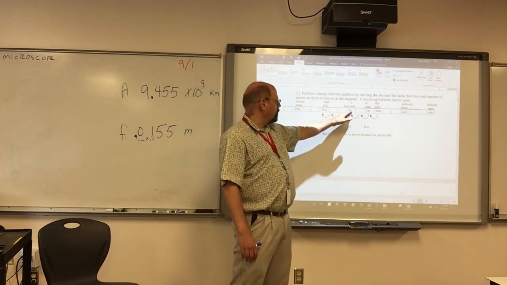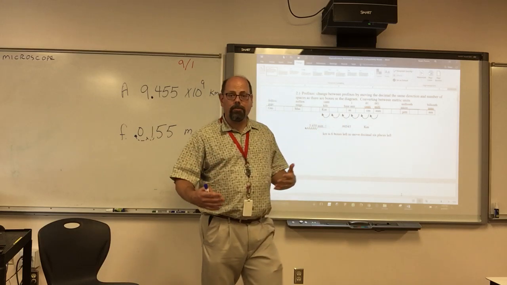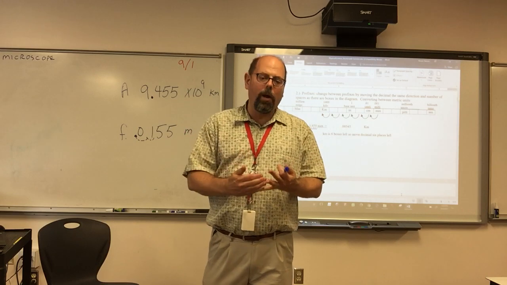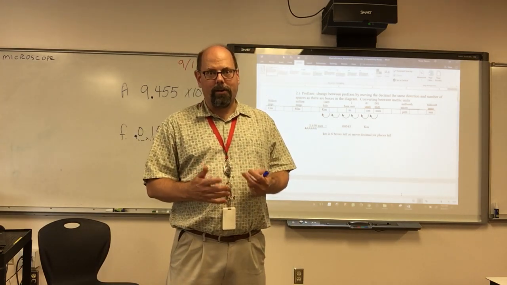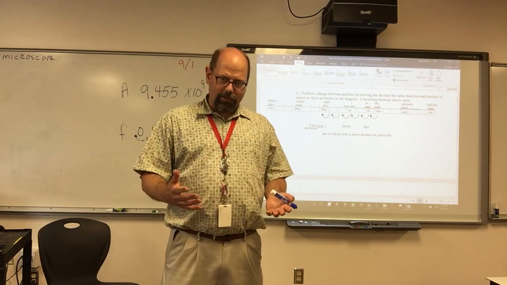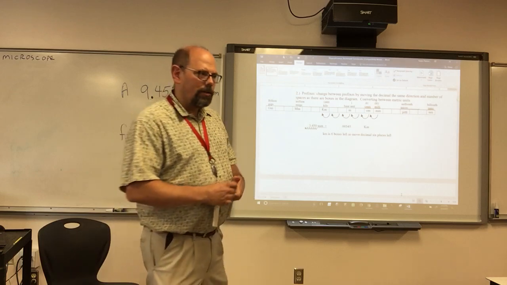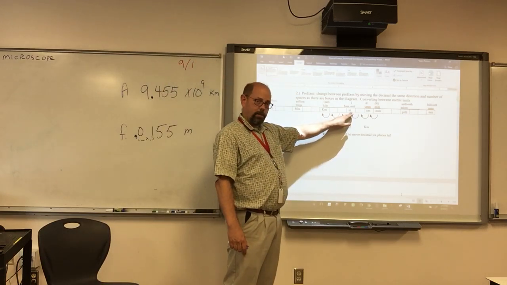Now, as you move out from here, each box is 10 times bigger, and that's the best part about the metric system, that it was a 10-base number system. We still stick with the British, who have 12 as a sort of base in a lot of transitions, but not all. I mean, there's 12 inches in a foot, but only 3 feet in a yard, 5,280 feet in a mile. So there's not these systematic sort of changes, but in the metric system, you're going to get 10 times bigger,